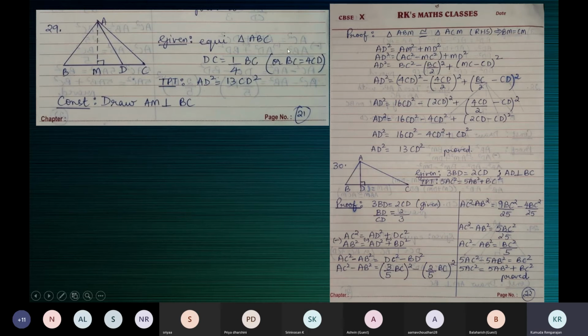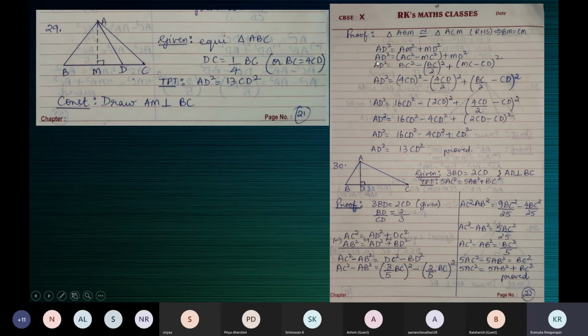First, we write the result for AD square. Sorry, I'm coming from the beginning. So AD square is equal to AM square plus MD square. Now here what we do is, we want CD. So we try to bring in BC at least. If you can't bring in BC, can you bring in any other side of the triangle? Because all the sides are equal. AB is equal to AC is equal to BC. So even if you can't get BC, get AB or AC. So that's what we're doing with AM square.